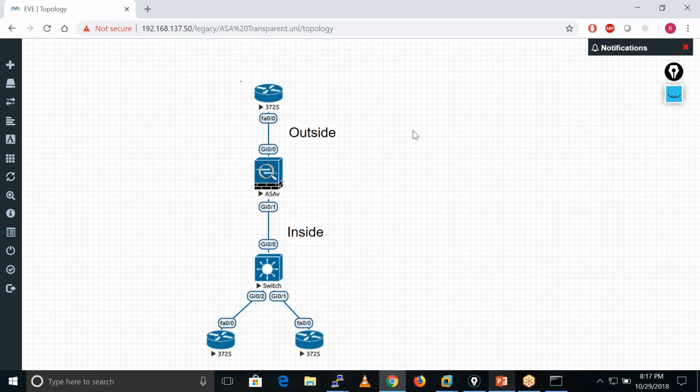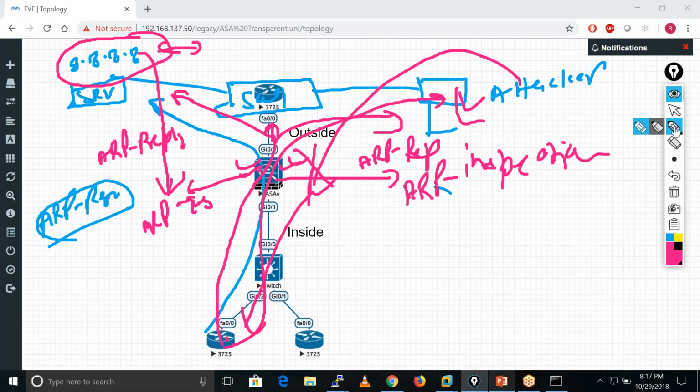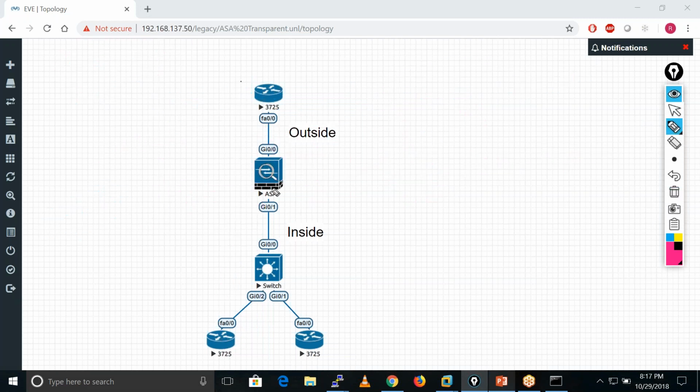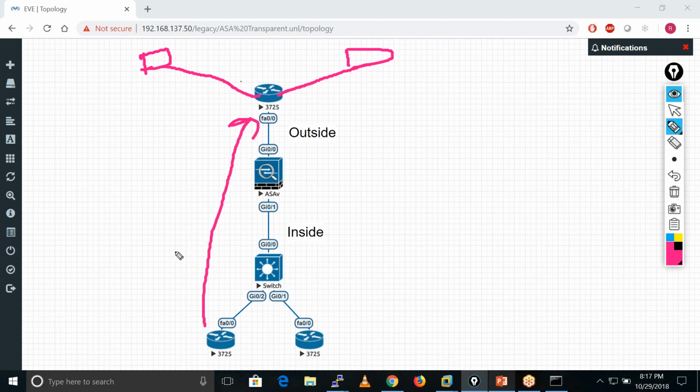Let's suppose this is my server and this is the attacker. And this guy sends the ARP reply. Now the whole story is based on the ARP reply only.